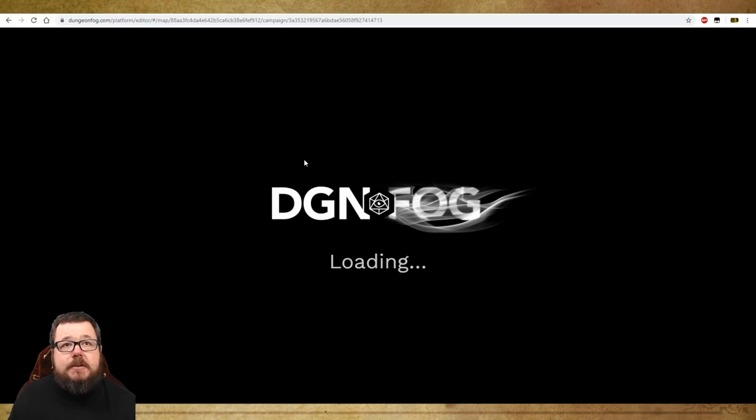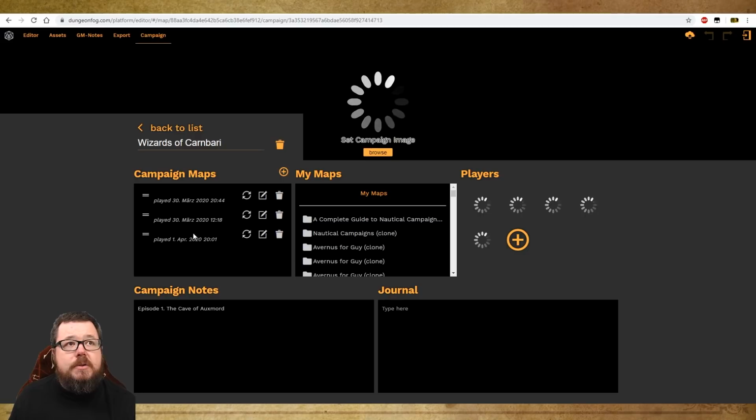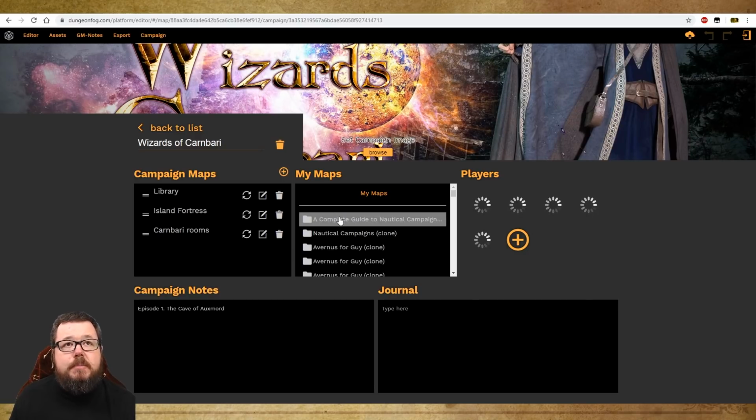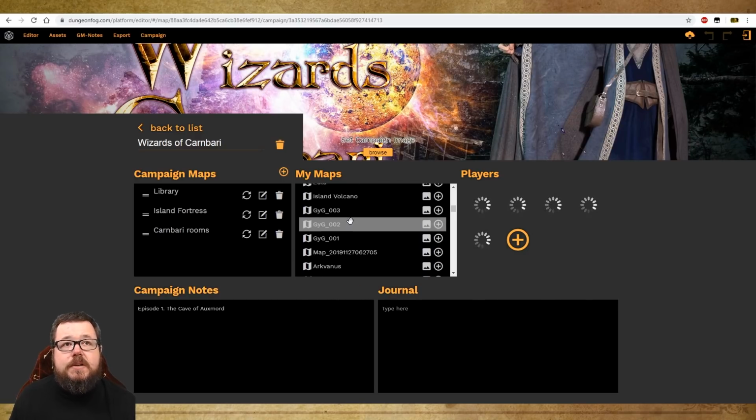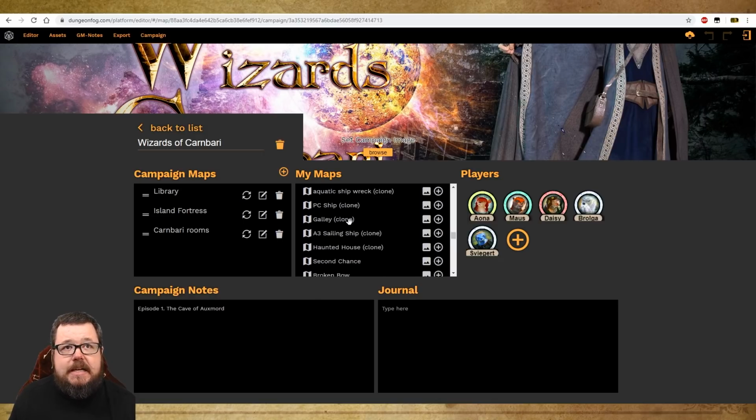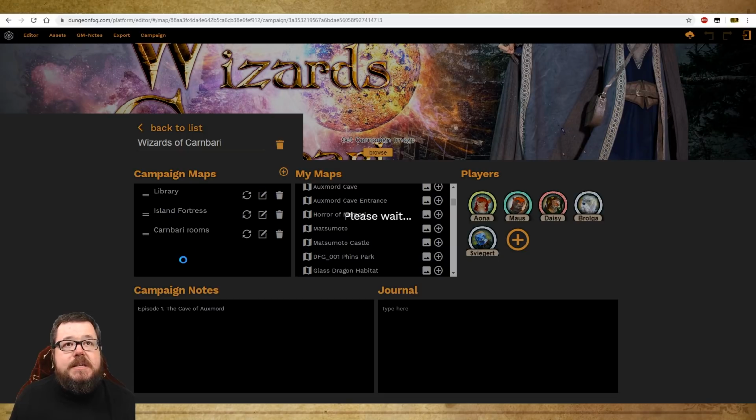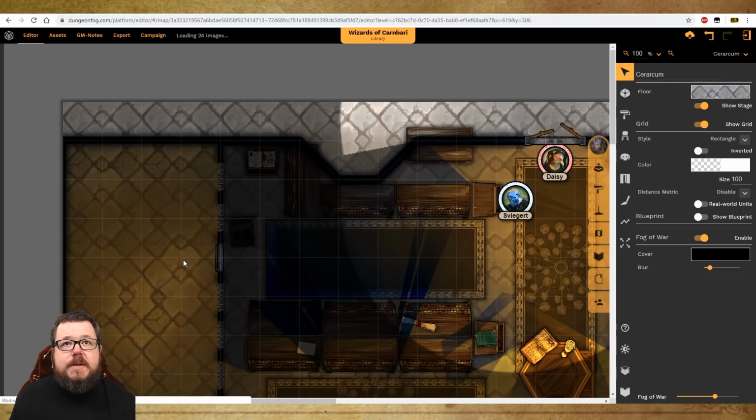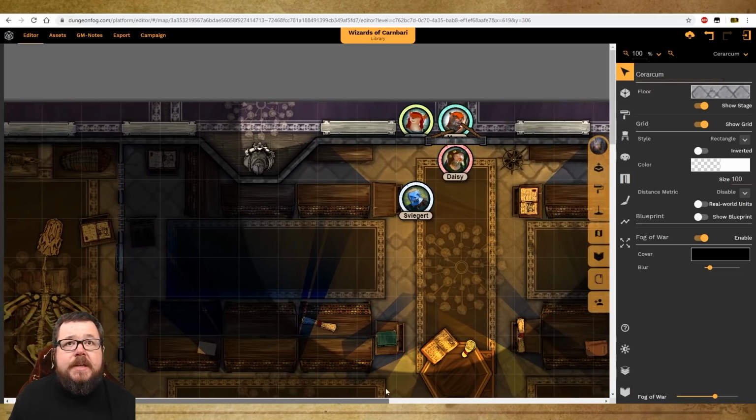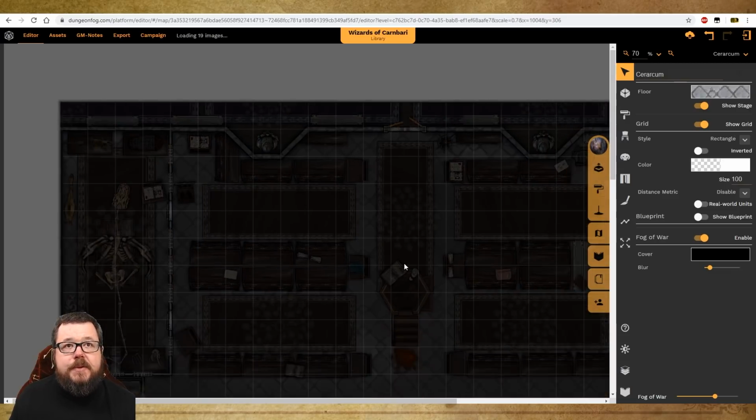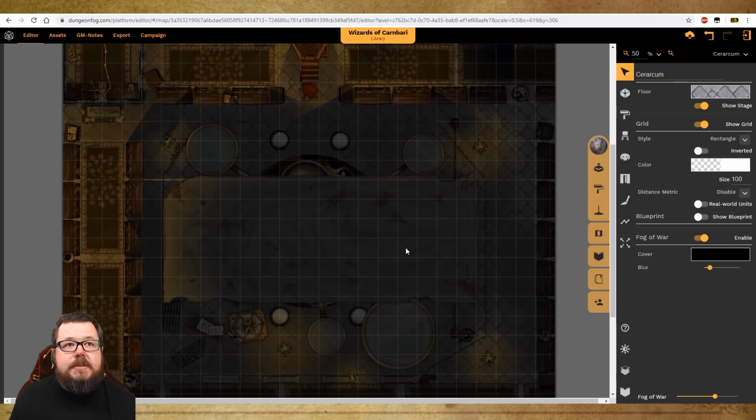I am going to wait for this to load up. There are all the maps that I have been using thus far, plus all of the maps that I have created in Dungeon Fog. You'll see it's quite an extensive list as I'm clearly a fan, and we're going to start playing in the library. That's where I've set up this entire adventure. So through to the library we go. I load up the library. Here you can see this beautiful, wonderful map that I have built over the course of the last couple days,